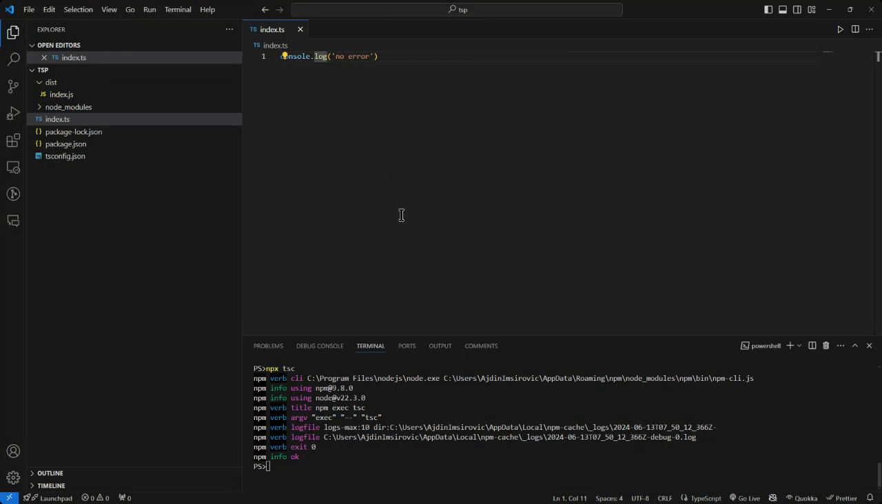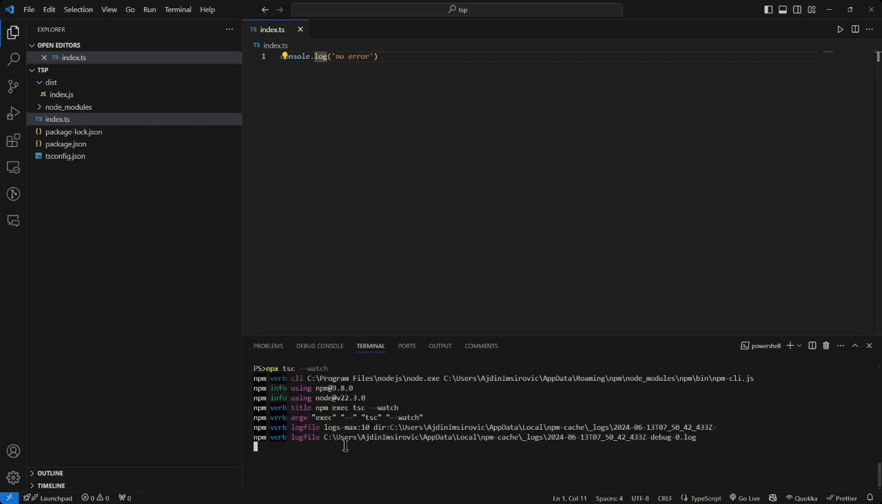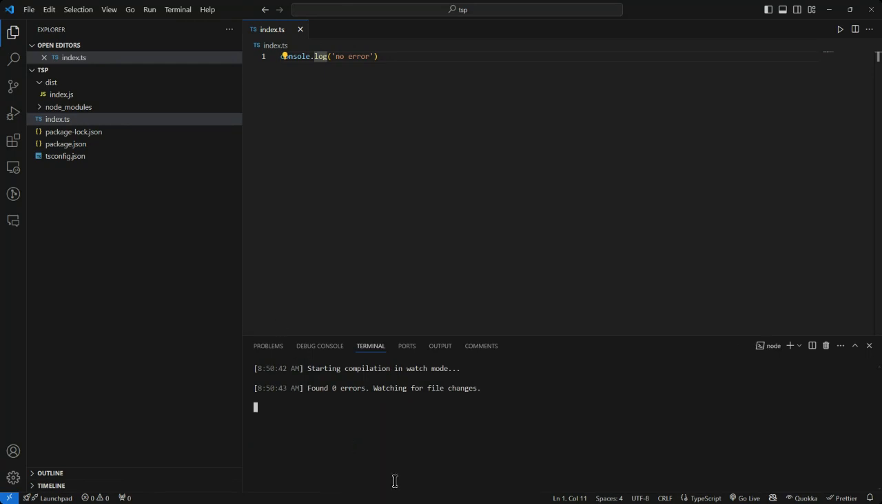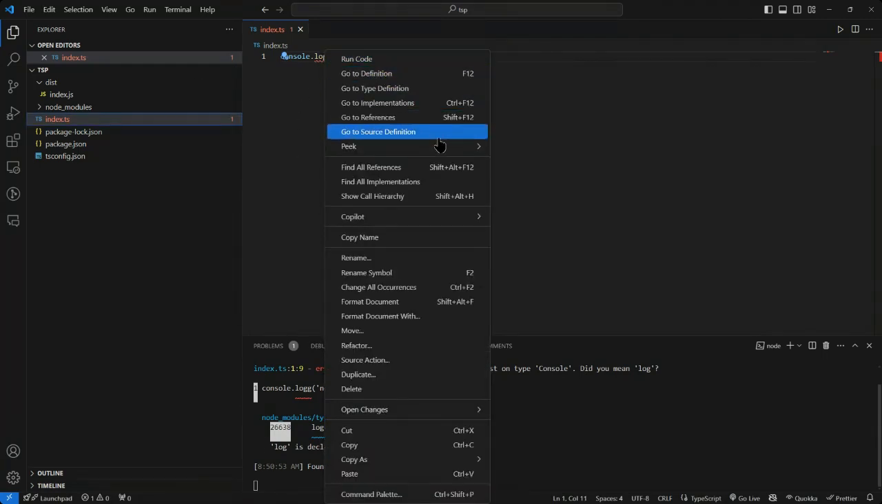One final thing: there is a way to make this more automatic and not have to continually type the command, and that is by running npx tsc --watch. So what this command is going to do is keep on watching for changes in my TypeScript file. So for example, if I do console.log with a G, it's now going to throw the error. If I fix it,